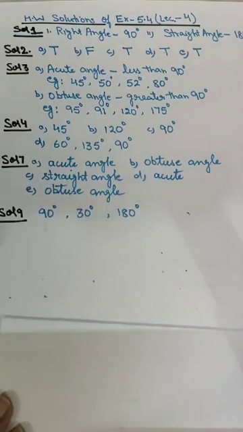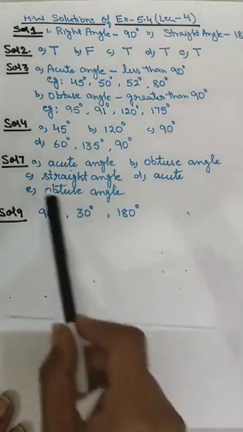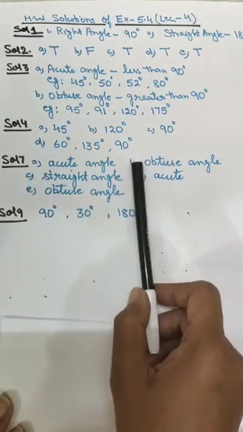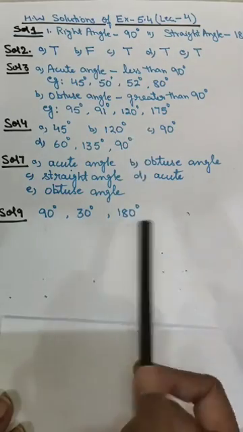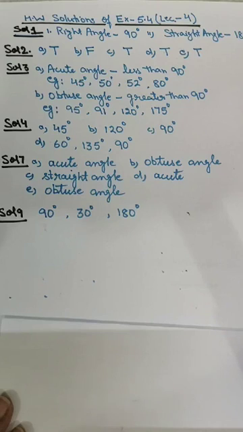Question number 4 is, measure the angles given below using the protractor and write down their measures. Here I have written the measure of all the 4 angles given in the book. That's why I asked you to do these questions in the book itself. Question number 5 and 6, they are about which angle is larger. First of all, you have to estimate and then you have to measure. That you can do yourself. Estimation is different for every student, and then you have to measure which angle is greater and which one is smaller.